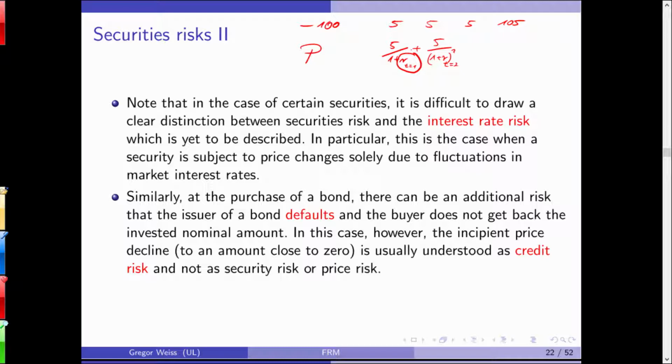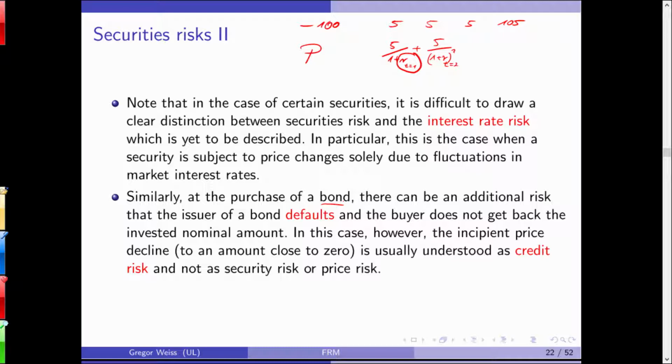Similarly, if you buy a bond that is not a government bond, or a bond that is not totally free of default risk, if it's a regular corporate bond, this corporate bond will include default risk. So again, if you see changes in market prices, yes, this is market risk, but these changes in the market prices of corporate bonds are due to changes in interest rates, but they might also be due to changes in the default rates. Then again, it's credit risk management. It's credit risk and not market risk. You know?